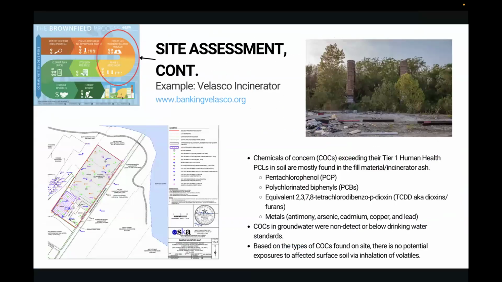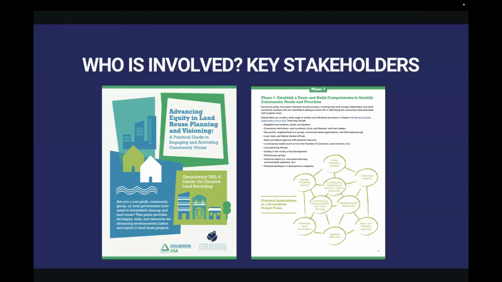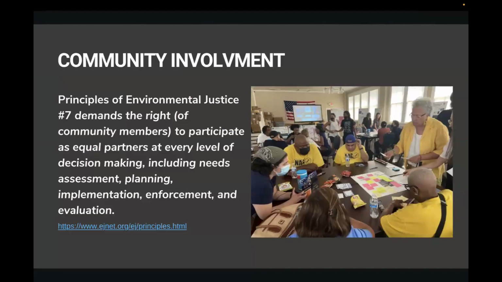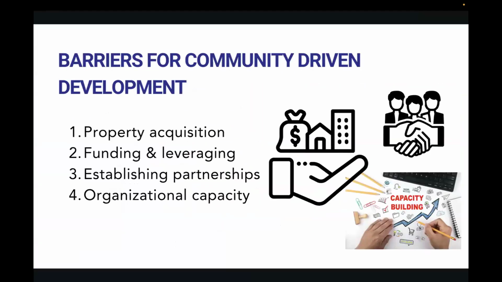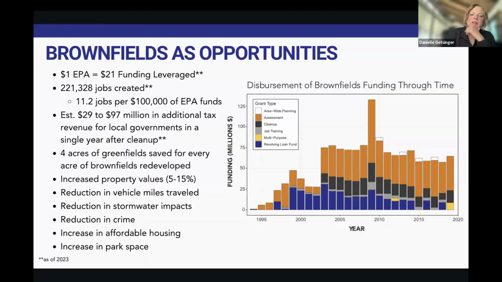I think we hear that stat a decent bit, but sometimes it gets lost in terms of what that really means for communities. Right. So again, this comes back to the ACRES database too. And we're tracking for every dollar that you spend, you need to understand how much more funding was allocated to that project. So the idea here is if EPA was not involved and didn't do a phase 1 of the property, it may still be sitting there idle. But because EPA invested $1 or say $2,000 in a phase 1,